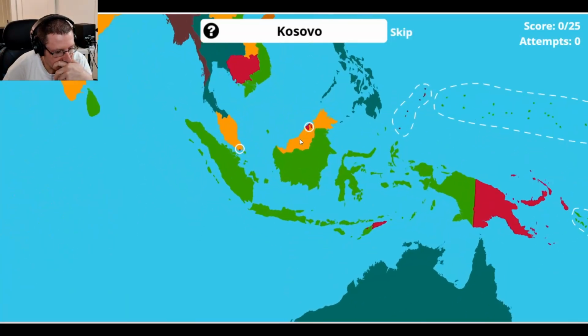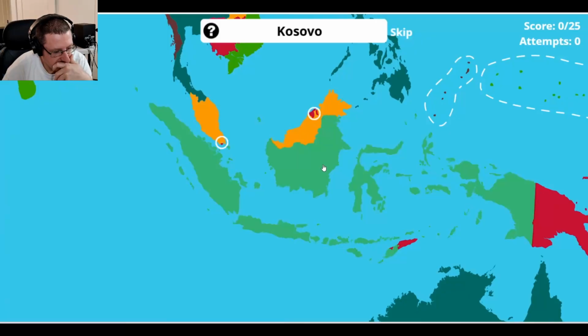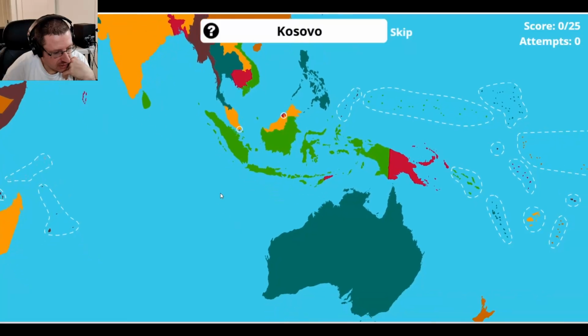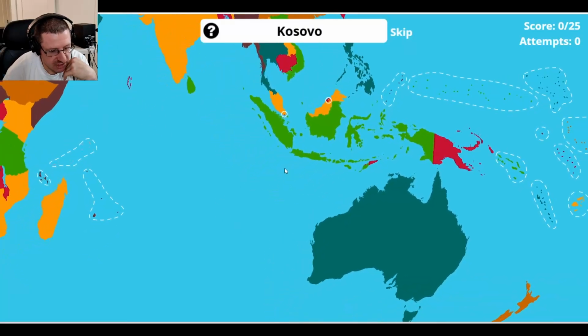So right here, if this is Malaysia or Indonesia, there's a little chunk right here called Christmas Island, which I believe is owned by Australia. I could be wrong, but on Christmas Island there is a famous migration of these red crabs. Millions of crabs migrate to Christmas Island.